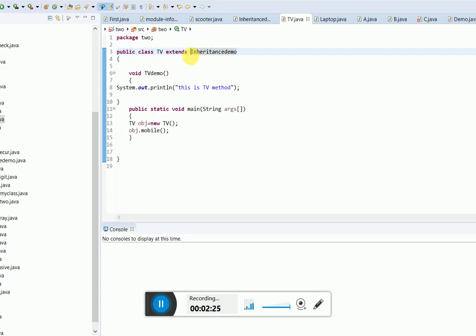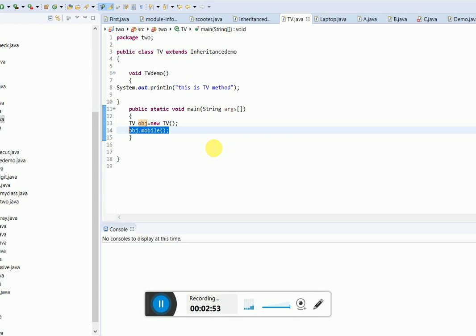Extending means it is inheriting the InheritanceDemo class. Therefore InheritanceDemo class becomes a parent and TV becomes the child class, right? Now since TV has inherited the property of the InheritanceDemo class, through its object it should be able to call the method of its parent class. So this is an example of single inheritance.